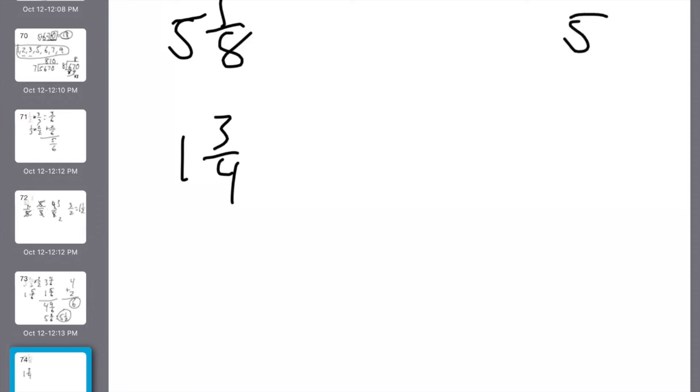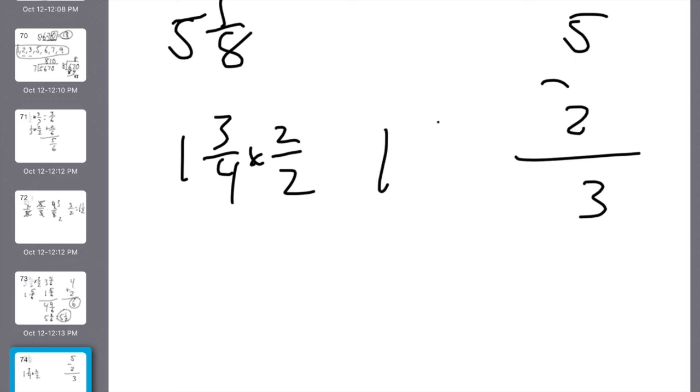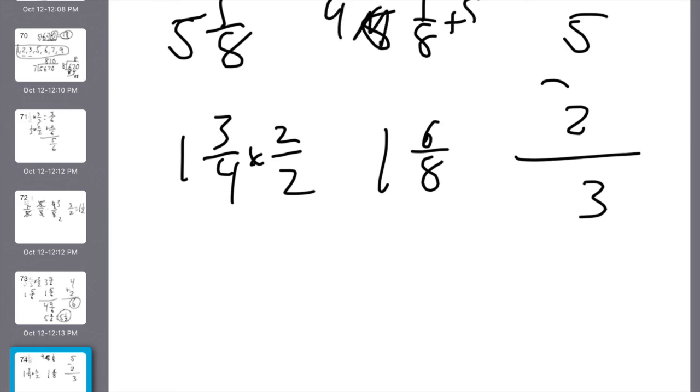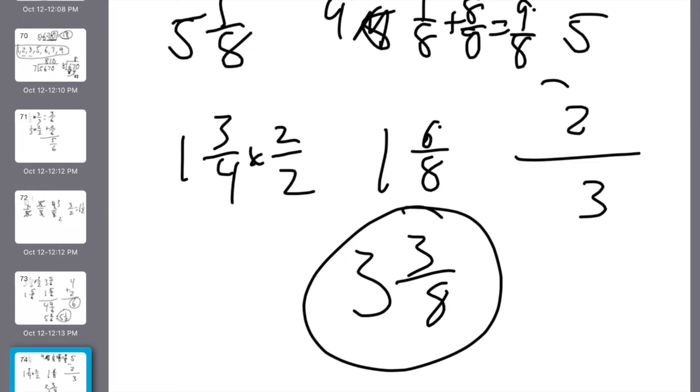28's making me do the exact same thing, but this time with subtraction. I have 5 and 1/8 minus 1 and 3/4. 5 and 1/8 rounds to 5. 1 and 3/4 rounds to 2. I think my answer should be somewhere near 3. Actual: times 2 over 2. This gives me 1 and 6/8. This one stays the same. Now, I can't do the subtraction, so I make that a 4. I'm bringing over an 8/8, and I'm adding it together to give me 9/8. 9 minus 6 is 3. The 8 stays the same. 4 minus 1 is 3, and I have an answer of 3 and 3/8, which is pretty close to